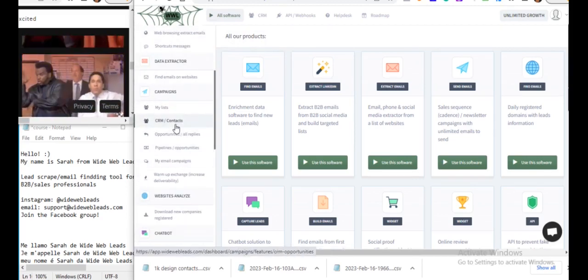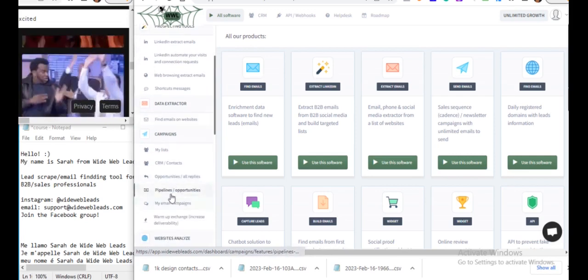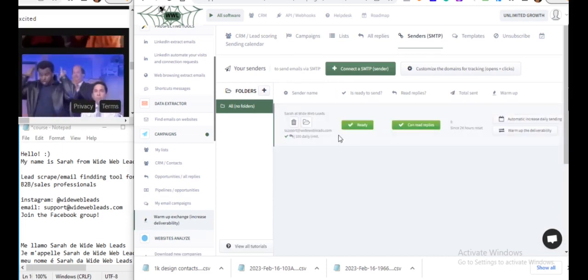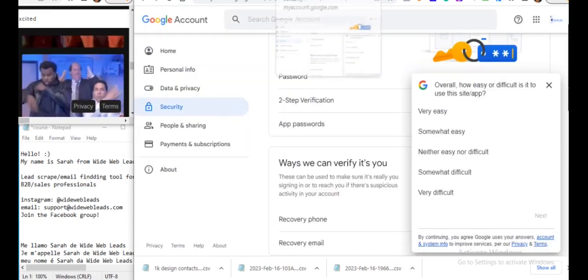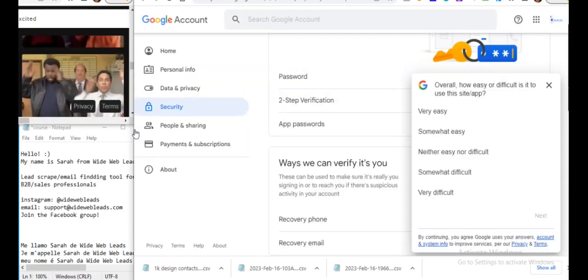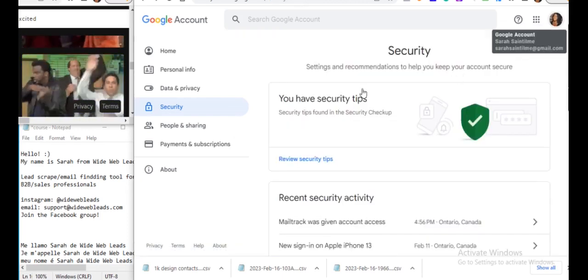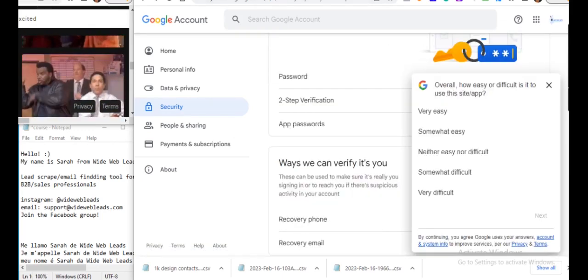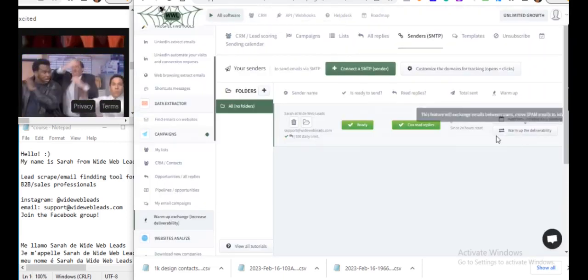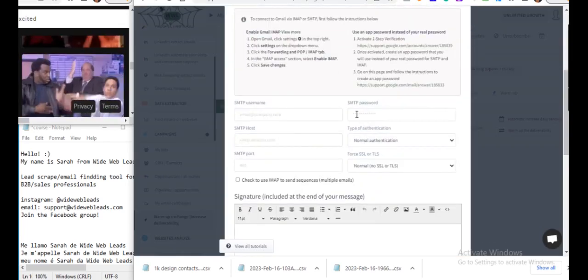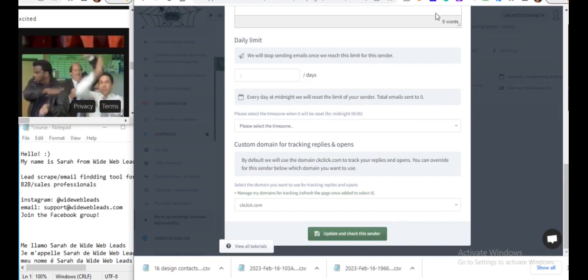And just to let you know as well, in order to create the SMTP where we really left off, I cannot speak at this moment. So let's go to my campaigns. As you can see here, the SMTP is now ready. So all that I did, I went to my Google account, as you can see here, to where the two-step verification is. I created an app password and then just pasted it into my SMTP where you connect it. So like here, that's where you paste the password and then click update.